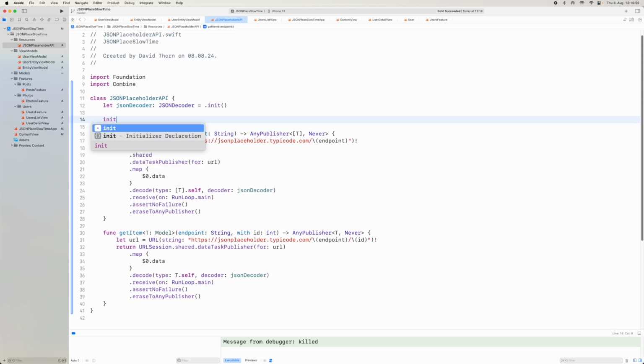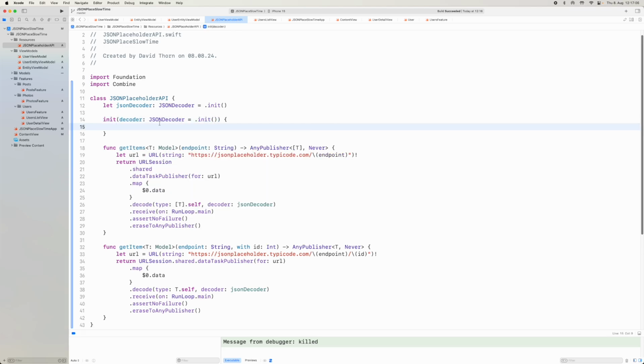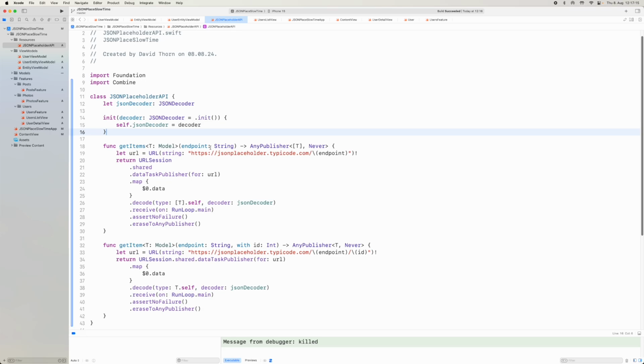And if you wanted to pass the decoder in as a parameter, you could do that too, right? And then just say self.json is then a decoder, and we go from there. So you could pass this information in even further, right? And we can then do the endpoint URL as well. Could come in even further, and this then could be